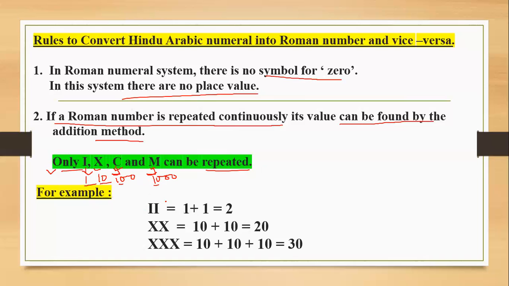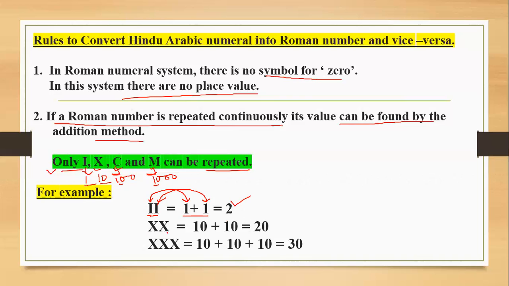Here, I is repeated 2 times. So what do you have to do in this one? If the symbols are repeating, then we have to find the value by adding the symbols as numbers. Firstly, we have to convert the symbol into a number. The first I is representing 1, and the next is also representing 1. Add them together, get the value, and it is 2. So 2 I's represent 2.